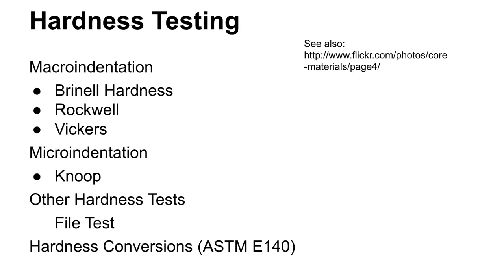So we can measure the hardness by simply trying to indent a ball or a piece of diamond into the surface, and from that we can infer a lot of things about the corresponding tensile strength and compressive strength for those metals. We also get an idea of how hard it will be to machine those metals. All right, so these are some different hardness tests. All of these are indentation hardness tests, and then there are various other ways of testing hardness.